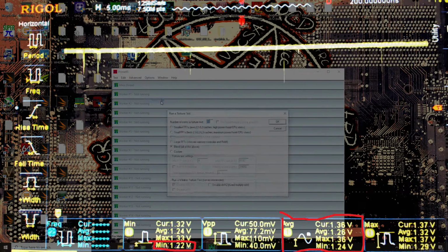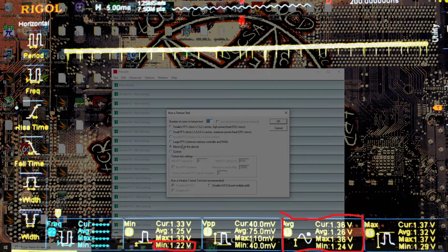Anyway, the other thing I figured I'd show you is... Actually, do I want to show it with... let's do it with Prime95. So, small FFTs is a very sustained load, because the CPU doesn't really...